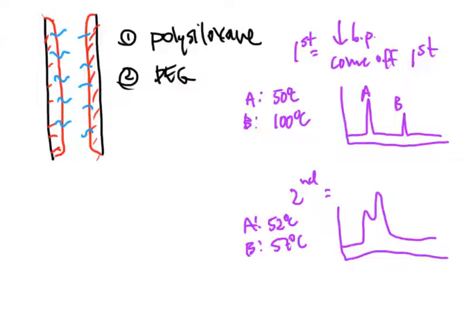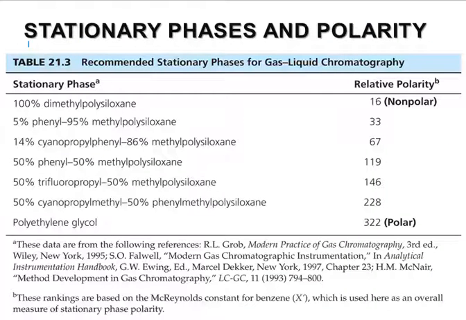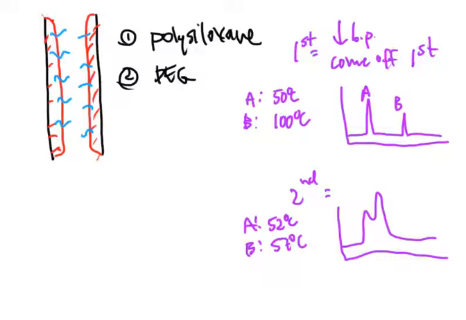And what I can do is change my column stationary phase. I can begin to use some of these other stationary phases that are out here and maybe not play off of boiling point, but play off of polarity of the molecules instead. And polarity just basically means charge, right? If I get a molecule with a positive end on one side and a negative end on the other, we call that polar. So some molecules are more polar than others, depending on what we have,